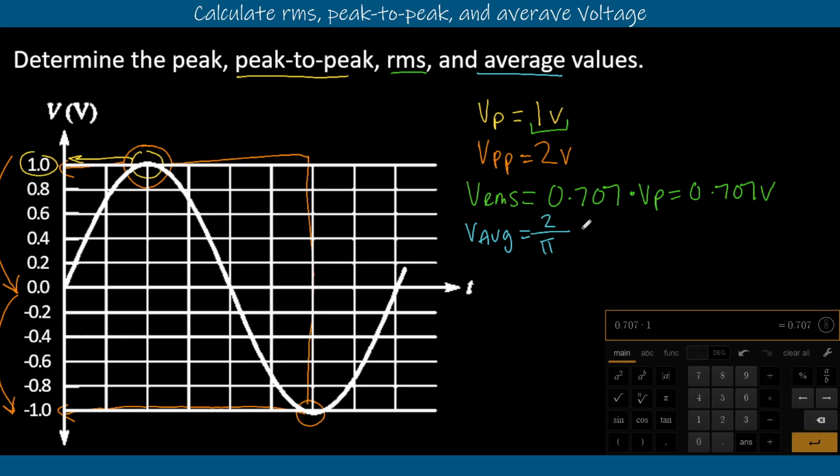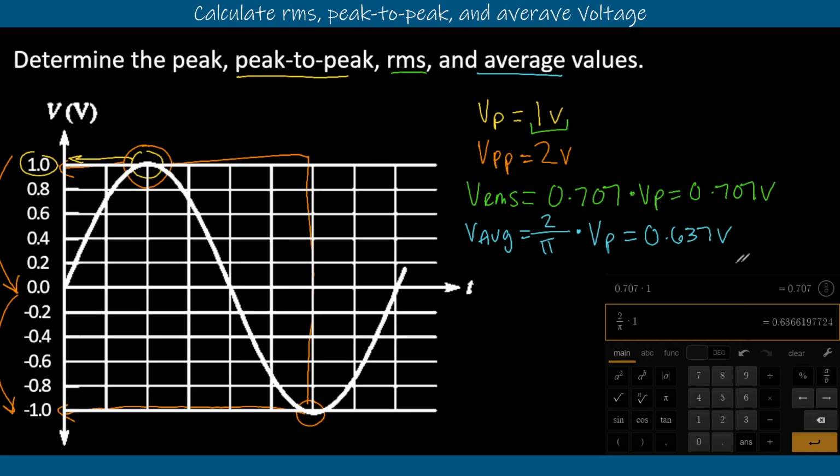You can use either one. You can use the decimal or this 2 over pi. We'll multiply this by our Vp, and that's going to give us our average voltage. We'll send this out, and we know that we have 2 over pi, and then we'll multiply that by our peak voltage of 1. So we get 0.637